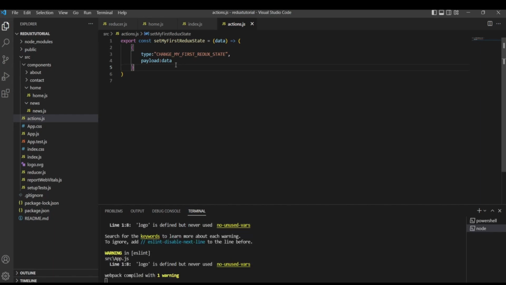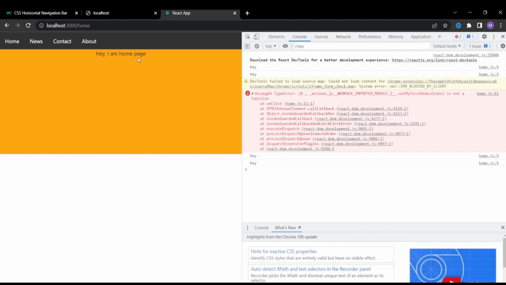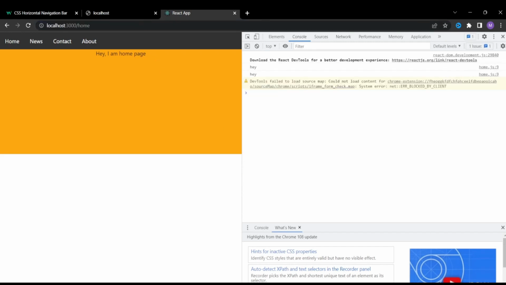Now let's make this change and save this and go back, try again. Now let's click on this. Now you can see the initial value of the state was this. This is the revised value of the state. Okay, now we have been able to access this state in